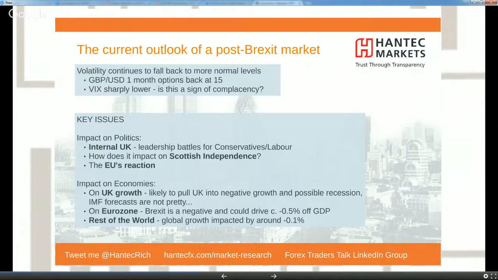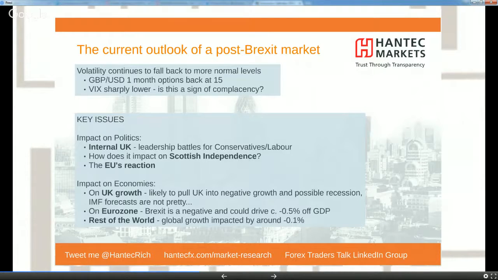And you could well see a trend of that coming in the next few months, and that would certainly put pressure on UK growth. A lot of the banks are saying that the UK could fall back towards zero growth. Growth in the UK at the moment is running at around 2%. It could easily come back. The Bank of England thinks that a negative impact of Brexit could be around 3% in the next 18 months. So you could see that 2% growth wiped out for the rest of the year potentially, and negative growth or recession in the latter stages of this year possibly, but more than likely into 2017, I think you'd imagine.